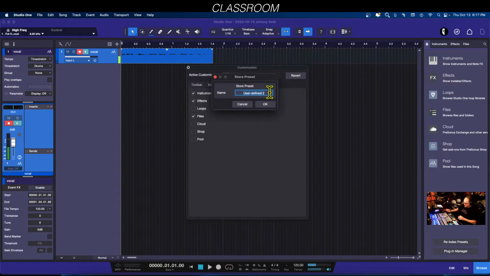Store, and we're just going to call this HST Basic View. There we go. So now it'll be part of this list here. HST Basic View, and at any time,